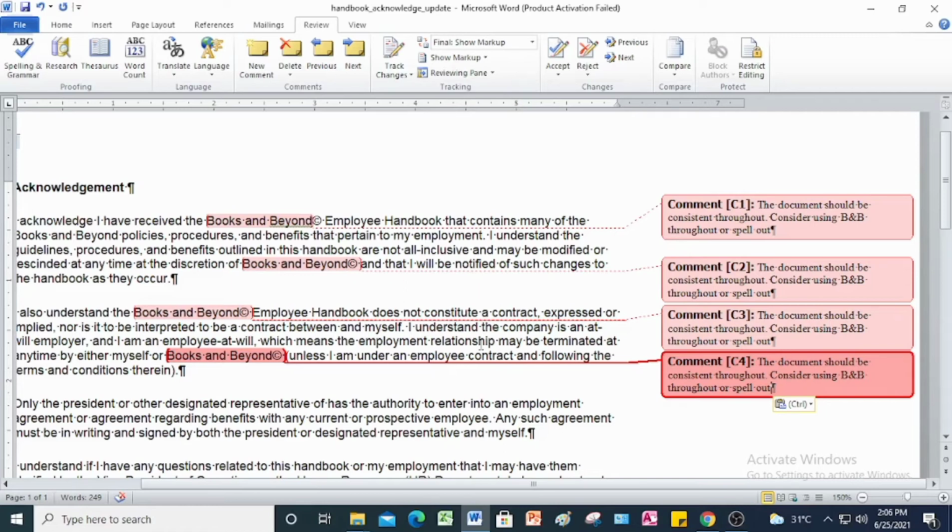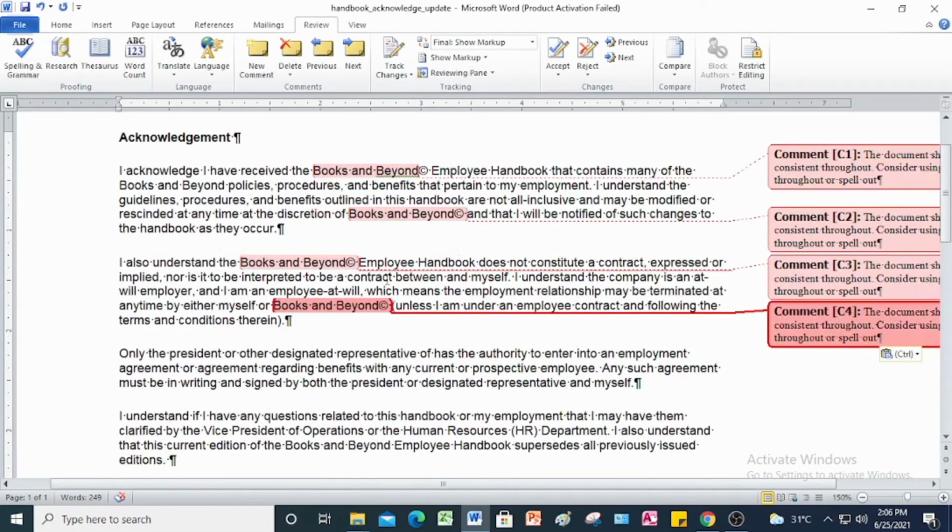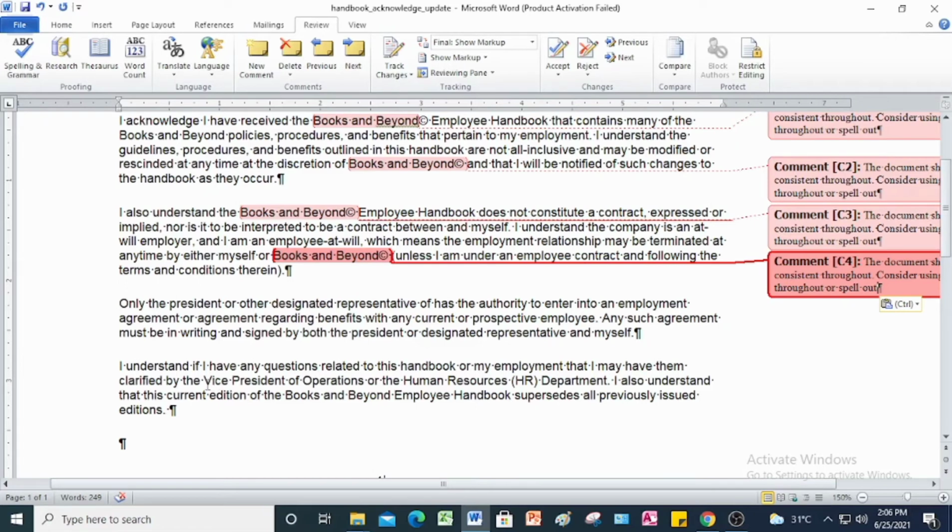So let's go to your instruction number 2. Locate the title, the Vice President of Operations, and add the following comment. The Vice President of Operations is replaced with the new title, Vice President of Support and Service. So first we're going to find the Vice President of Operations. So this is the words the Vice President of Operations. So we're going to write a comment for this one. So the comment should be the